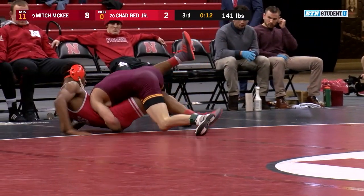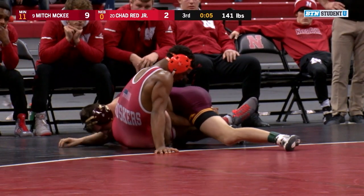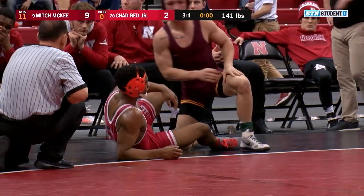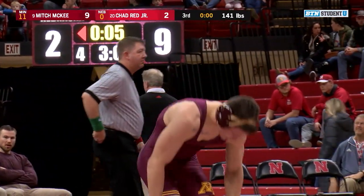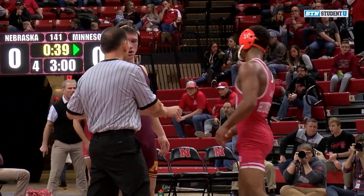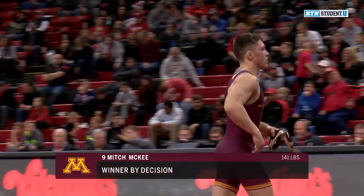And now McKee continues to drive and gets 2 points and looking to get Red on his back. It's 9-2 McKee with 5 seconds to go, and that is going to wrap things up at 141 pounds with Mitch McKee from Minnesota getting the victory over Chad Red Jr. 9-2 the final score, and Minnesota is going to go up by a score of 15-0 through 3 weights, where we go to 149 pounds, where it's going to be Jordan